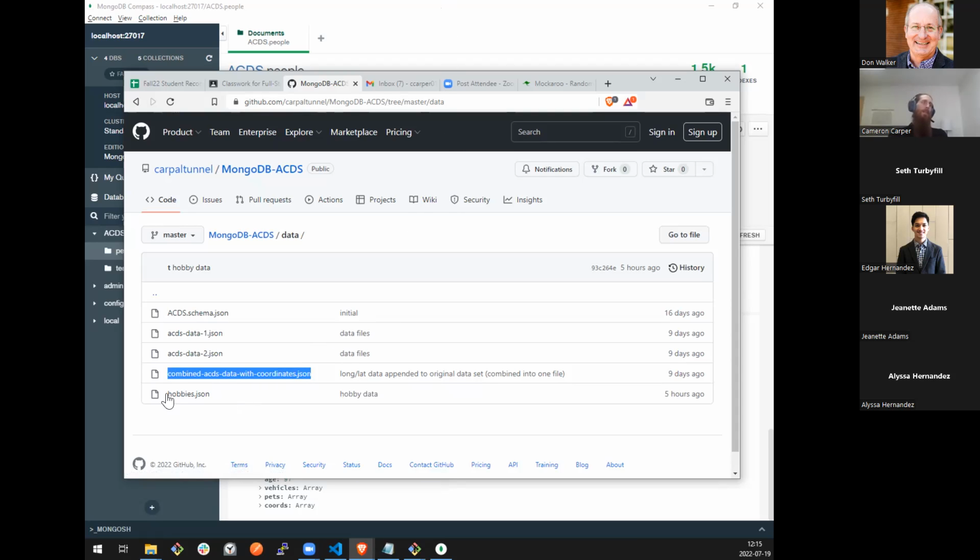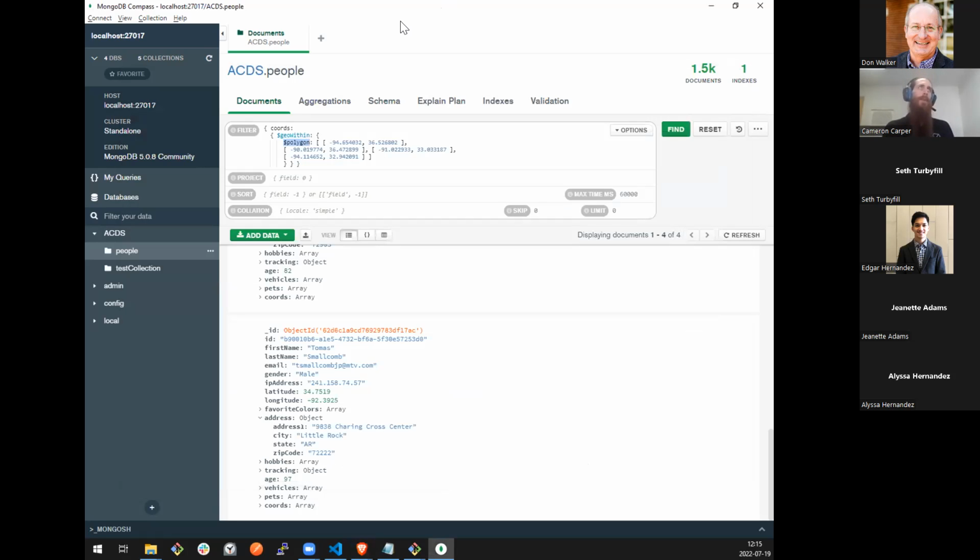And hobbies we may or may not get to, we'll see. I was going to show you how to do a lookup, but based on time, again, the Mongo documentation on lookups is fantastic. So if you followed along with even half of what we've done, you won't have any problems with it.